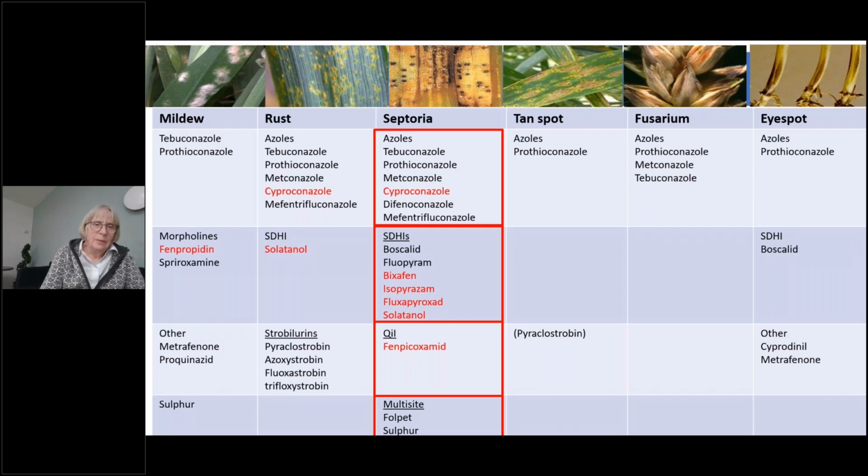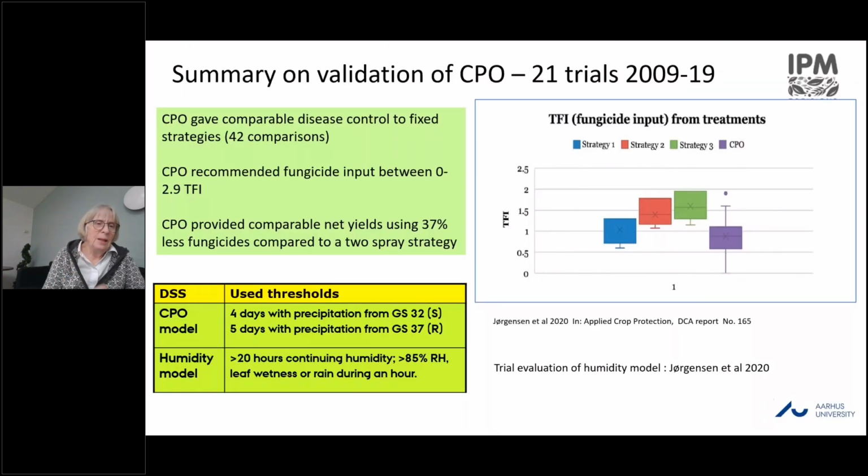So just one word on this. I mean, there's a new decision support platform. IPM Decision is an EU project where there will be a platform trying to implement the various available decision support systems to make it easier for the farmers to access the different decision support systems. This is actually led by Neil Pavley from ADAS, and an upgrade of the platform will be launched this spring. So keep an eye on that.